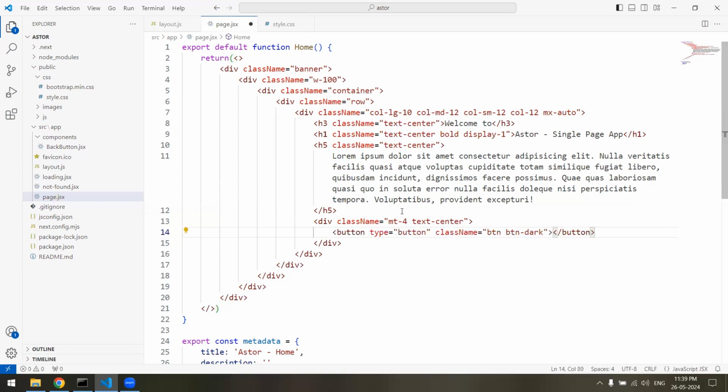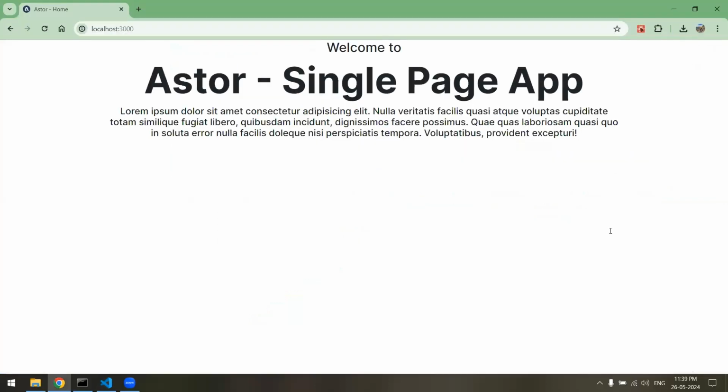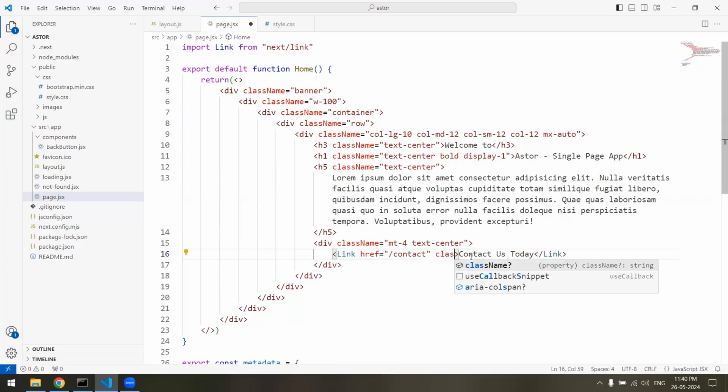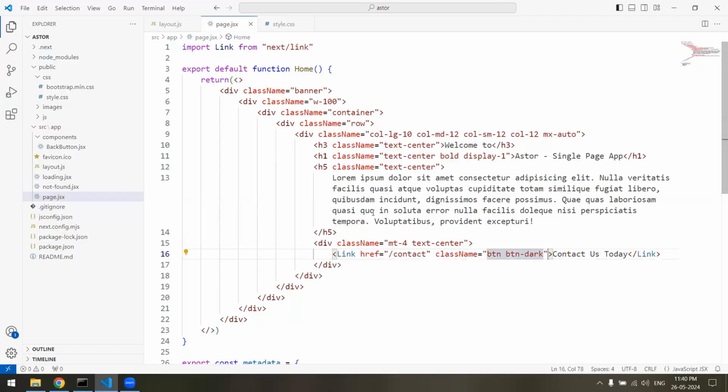or we can simply do one thing. Instead of doing it like this, let's create a link tag, and contact us today, and we'll make it href, and we'll put a link contact, and we'll give it a class name btn dark. All right, and we can do one more